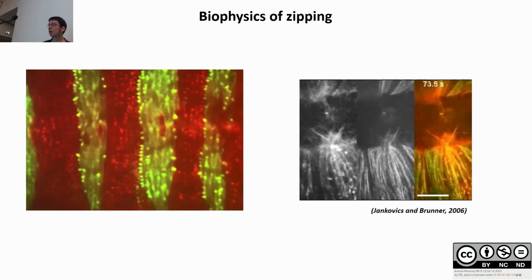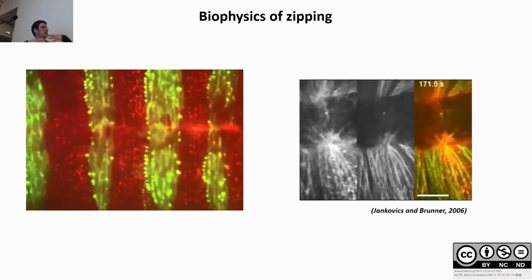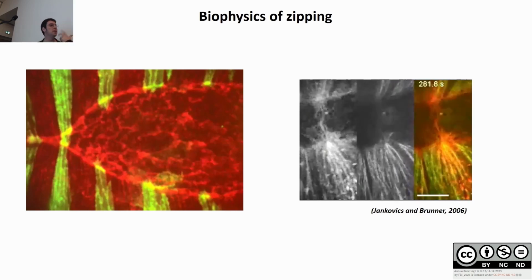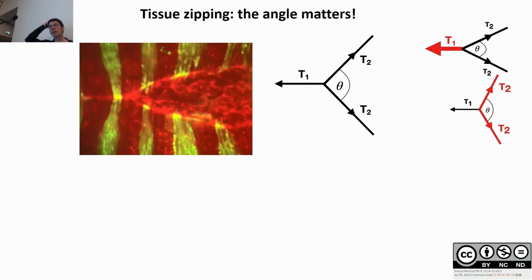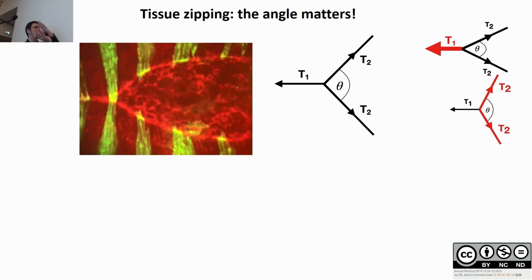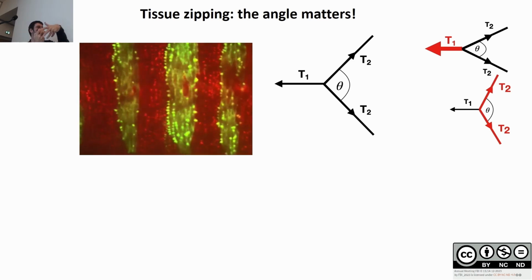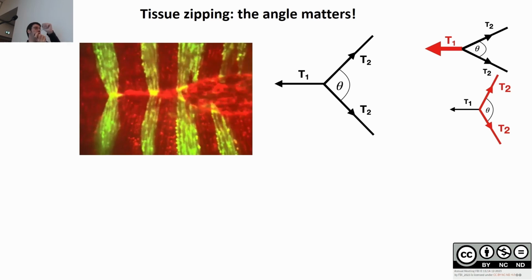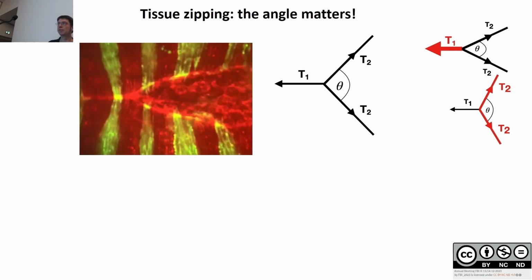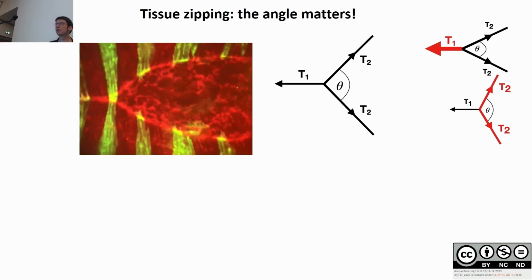Well, we know it's due to adhesion of lamellipodia and filopodia that adhere one to the other and allow to generate this adhesion. Okay. So if you think that adhesion is important, then perhaps the angle at which it zips matters, because you can imagine very simply, if you have a small angle, there's a lot of adhesion that will take place and that will generate forces. If you have a large angle, those adhesions will be small and you will have fewer forces. And what we know about the physics of that is that this angle is probably set by force balance, meaning by the balance of T1 and T2 here.